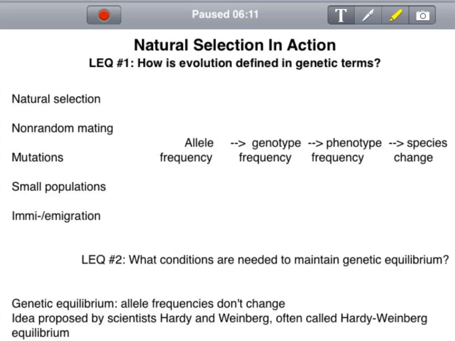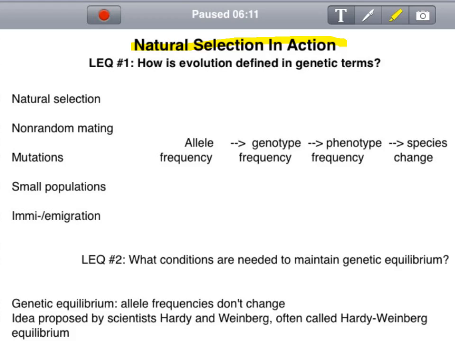So we're working on the third column of the student learning map, which is all about natural selection in action. Essentially what this column is about is, since we haven't seen one species evolve into a second species at this point, what have we seen with current populations that make us think that natural selection is working in current populations? In order to do that, we need to take a step back and look at how we currently define